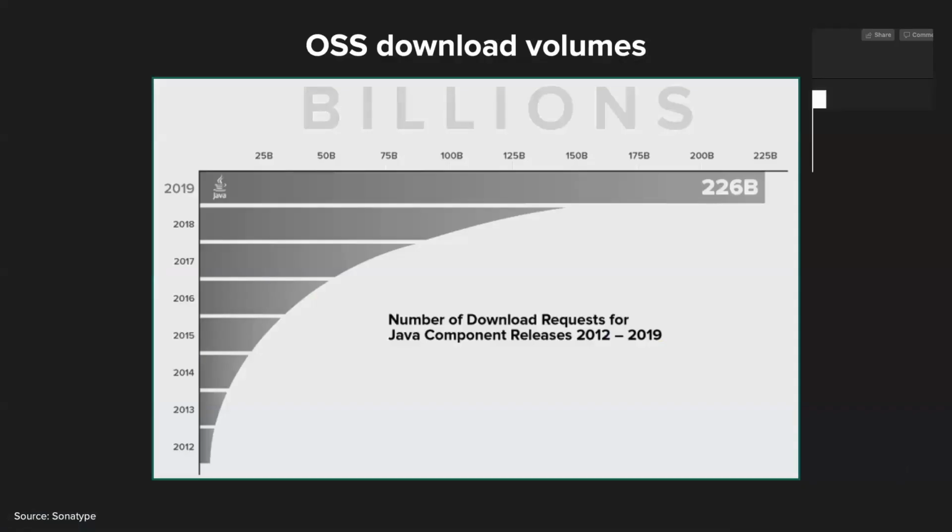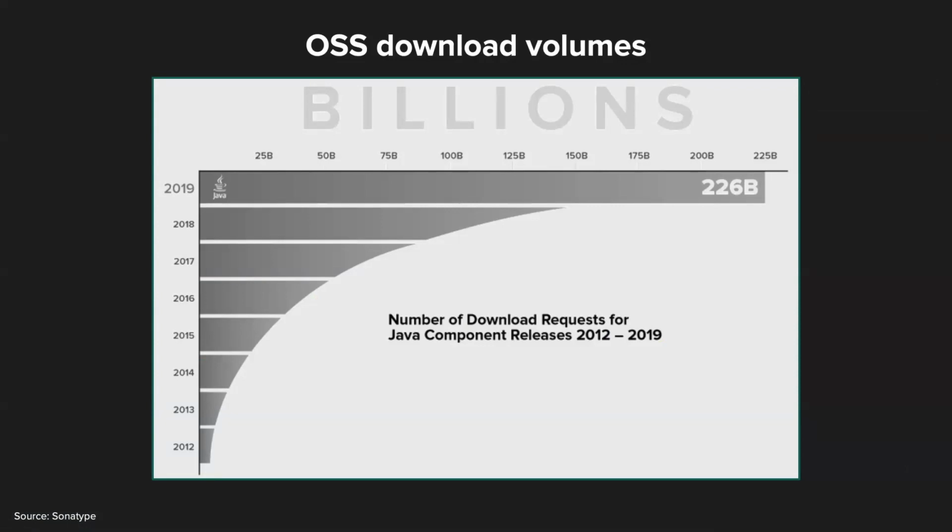To give a bit of background, Sonatype run Maven Central. So we run the main community for people downloading Java components, and we've seen that grow and grow over time, and it always surprises me every year. I've worked at Sonatype for nearly 3 of these releases now, and every year it goes up and up. There's an exponential increase in people downloading open source components from Maven Central, and it just goes to show the growth of open source usage within software development.